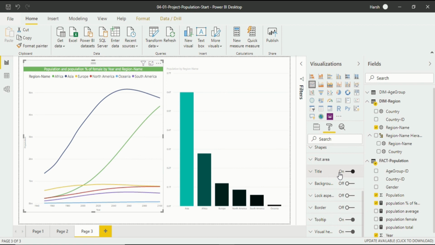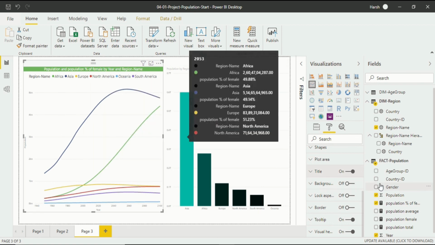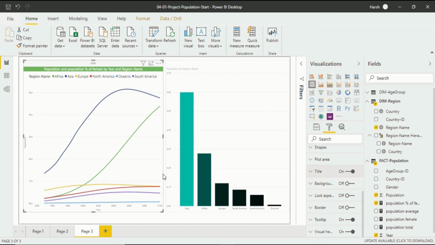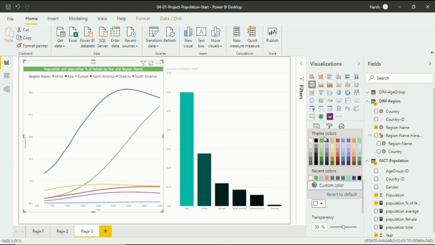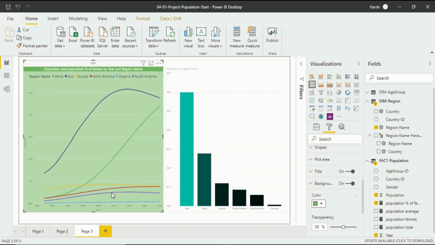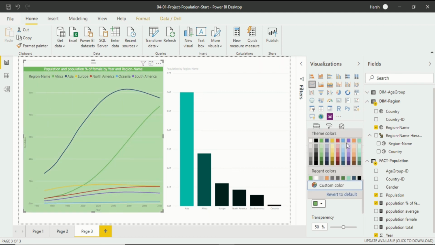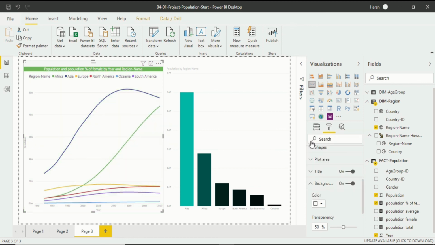After the title, we will move on to the background because we have a white background. Now, we won't be able to see anything in a background. If I put it on, you will see there is not much difference because in a drop down menu, you will see the color that we have is white. Now, if we change the background into green, you will be able to see the chart like this. Change the color as per your own desire. So I want a white background because it looks much better in white.